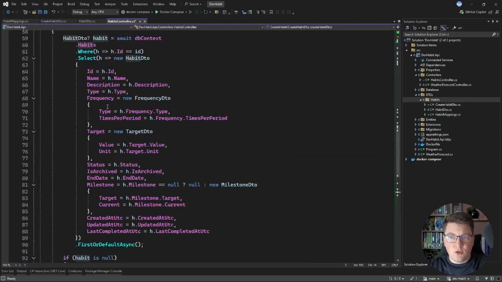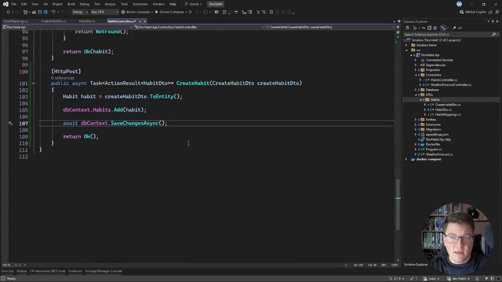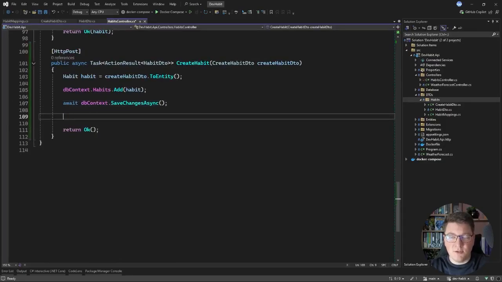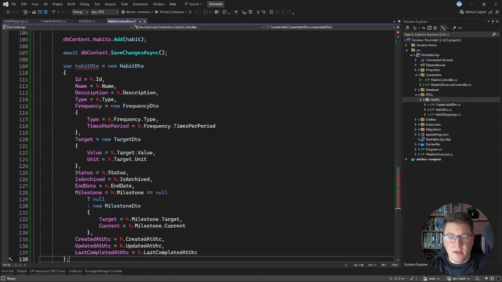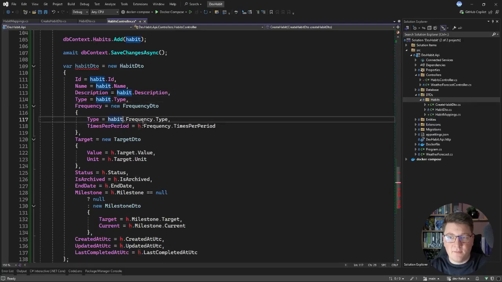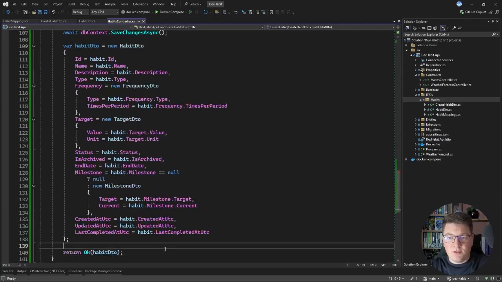So let's do some more copy pasting. I'm going to grab this piece of code here, and I promise this will make a lot more sense in a couple of moments, but just bear with me for this presentation. So let's return a habit DTO by initializing a new DTO instance, and I'm going to replace all references to h that you can see here with my habit type. So now I should be able to map to my habit DTO type, and I can return it as the